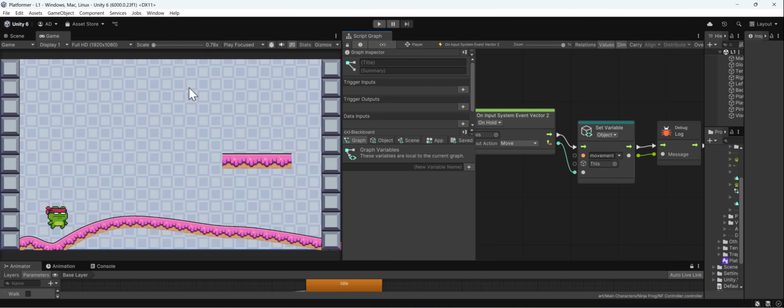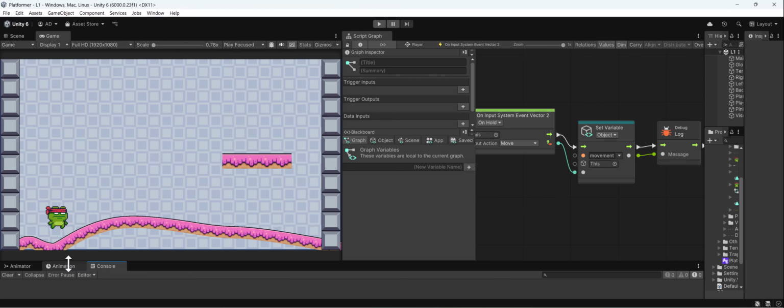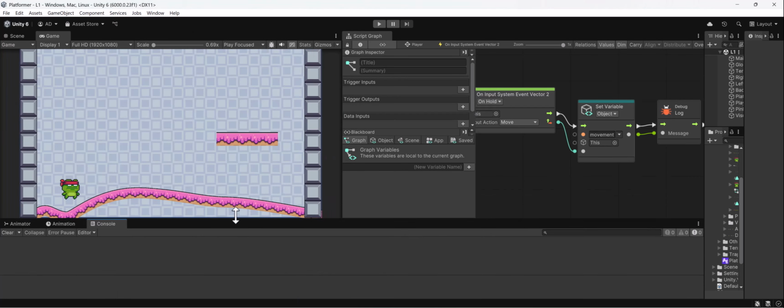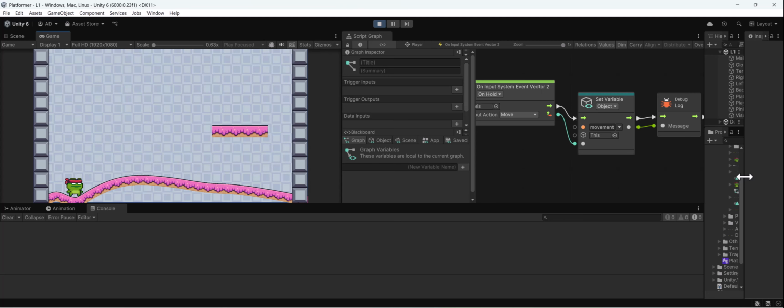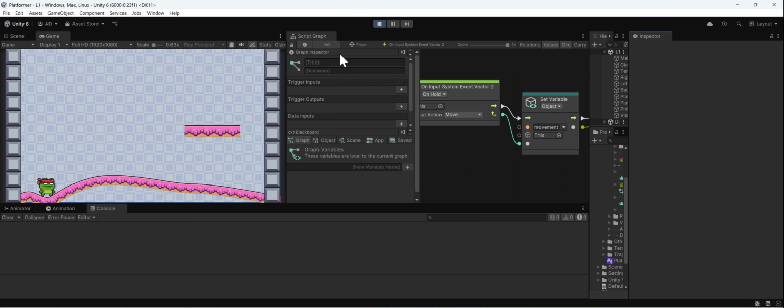is let's go ahead and open up our console. I'm going to hit Control Shift C. You can see that down here. I'm also going to move my inspector over so you can see this a little bit. So with my player selected here,